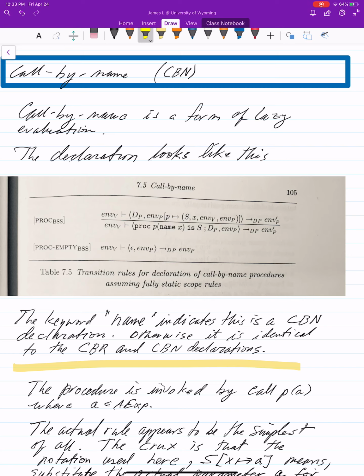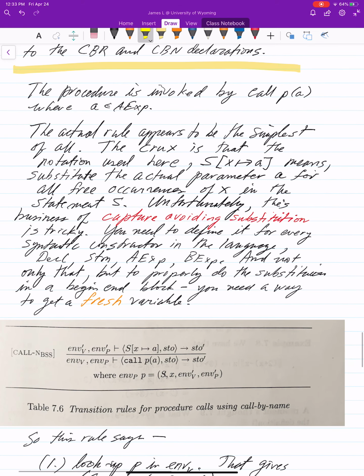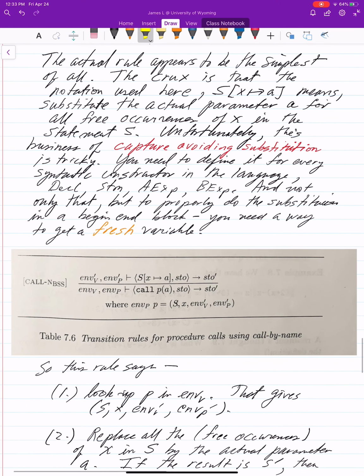So here's the declaration point. The only thing that's different is that this has name instead of var or nothing. So that's identical. So when we call a call by name procedure P with an expression A, this rule is the simplest of all, apparently. It basically says, look,